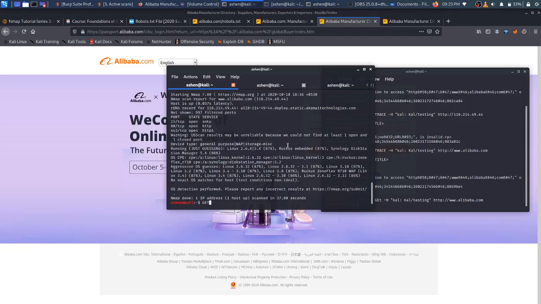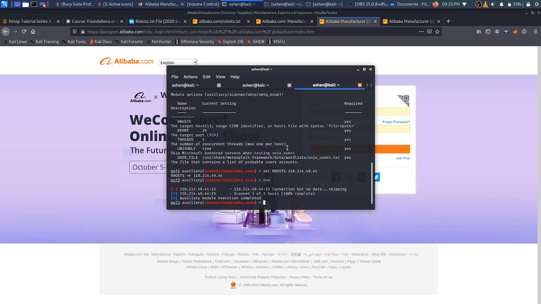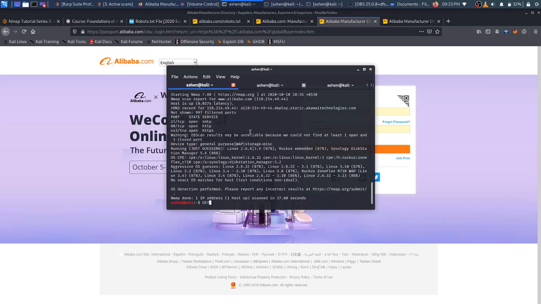Okay, and this is the OS detection scan in nmap. We found the OS is Linux 2.6. I also used SMTP, which I previously showed, open port 25.